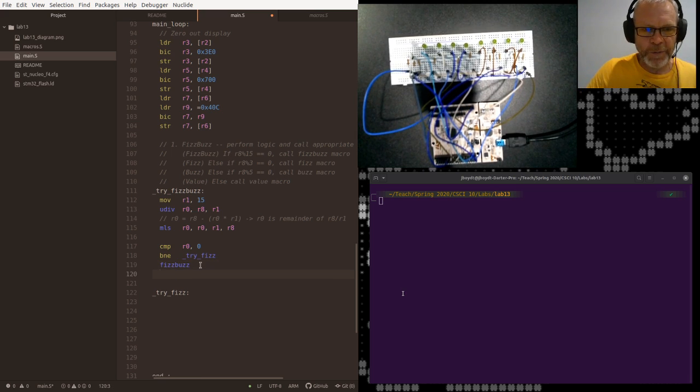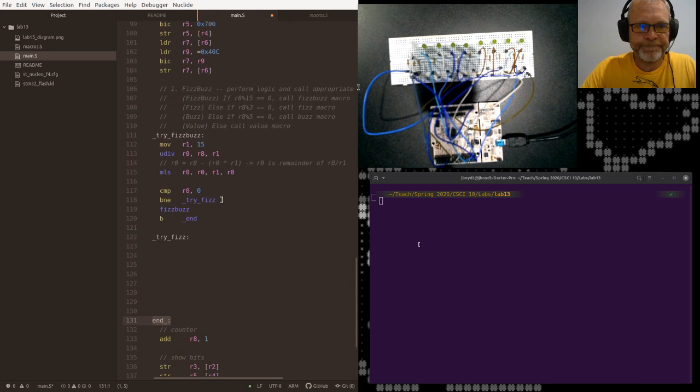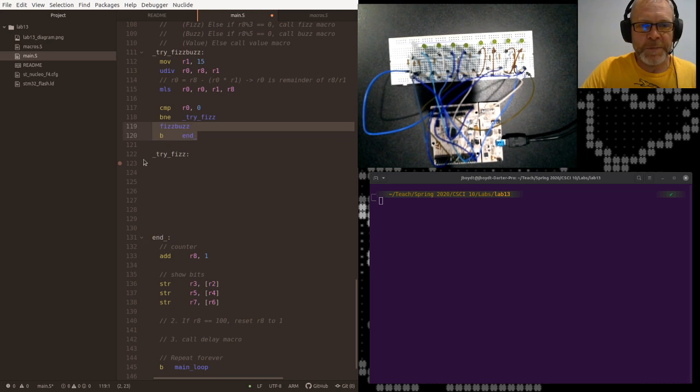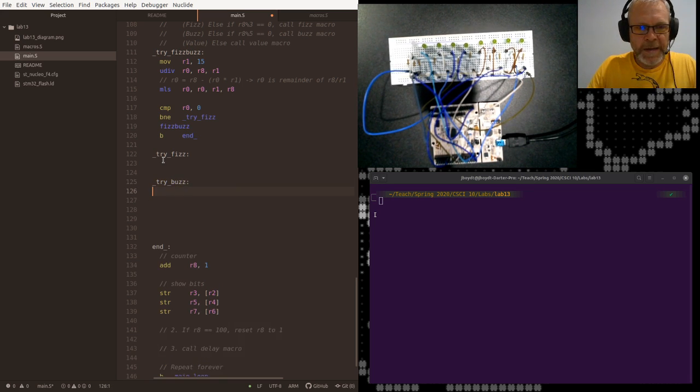Now the other thing to be careful of is once I've done fizzbuzz, if I don't do otherwise, I'm also going to try fizz, and that's not what I want. So I need to do an unconditional branch to get out of here. Oh, there's an end tag, so I'll just jump to the end. Oh, I was close. End with the underscore on the other side. So that way, once I've done fizzbuzz, I don't try anything else. I'm going to end up trying buzz after that,